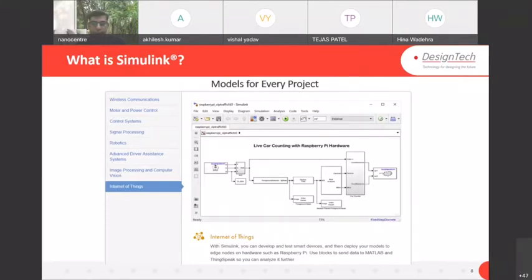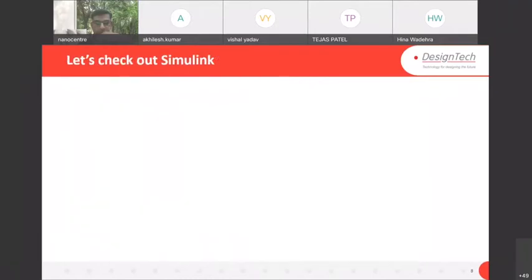In any big company, if I'm talking about Tesla, or any Indian automotive company like Tata, Mahindra, right? And there are huge applications in electric vehicles also. So lots of modules are added in MATLAB to design hybrid vehicles, electric vehicles, or conventional vehicles, any kind of thing you can design. There is a set of libraries; I will show you later how you can use those libraries to design your model.